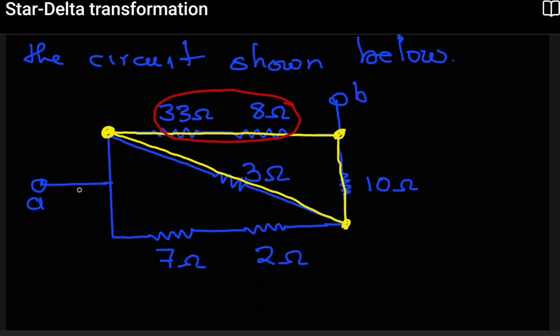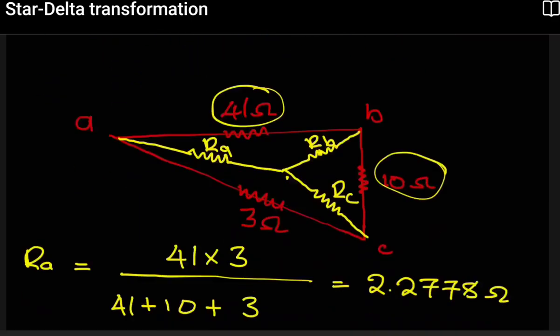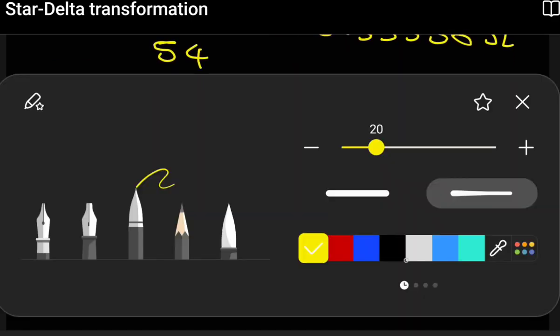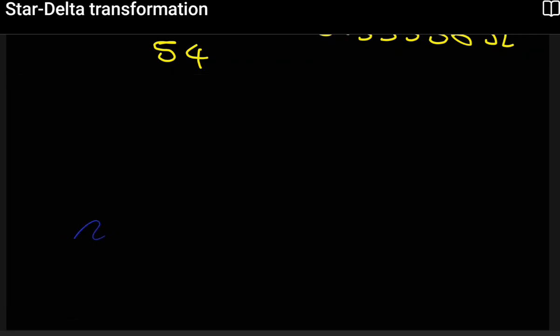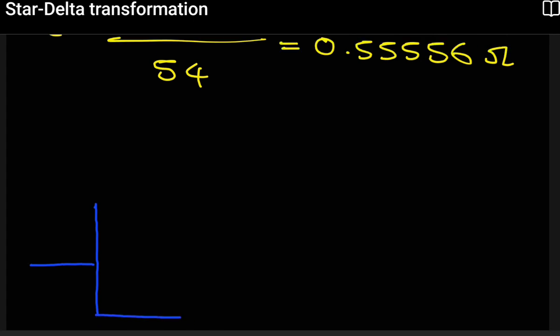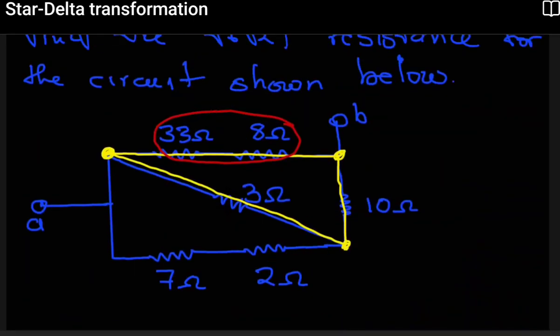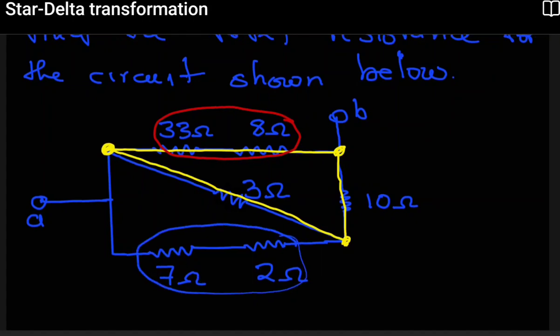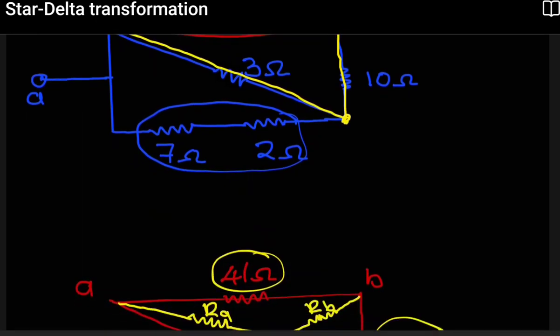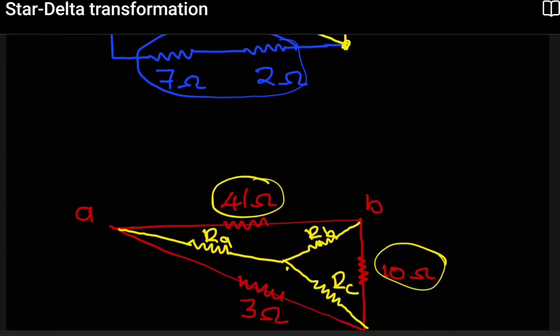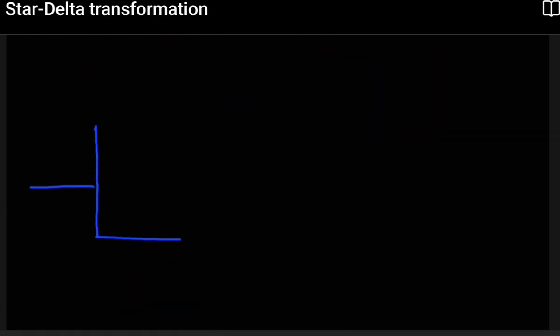I'm going to redraw the circuit starting from this point, coming this side. So look at what we have. I'll redraw it just without that delta. So we have this, and then we had this. At the bottom here, remember we're trying to get the effective resistance or the total resistance. These two are in series, so this is direct forward. We can just add those two there in series. So it's the 7 and the 2, which gives us 9 ohms in that line. So we have 9 ohms here,